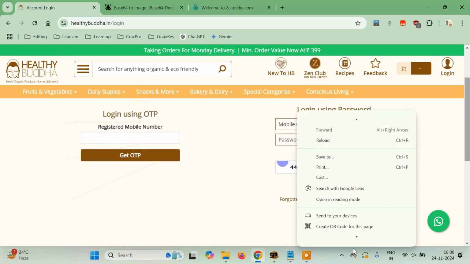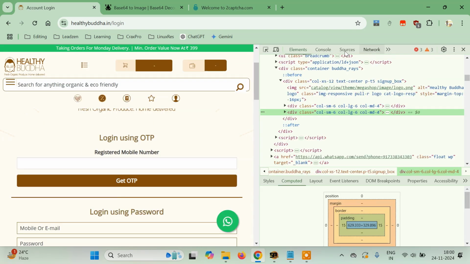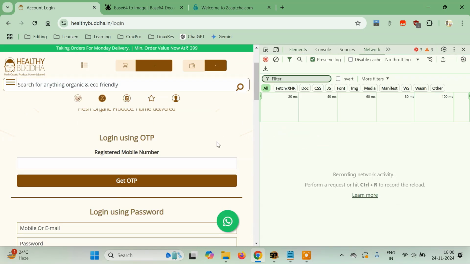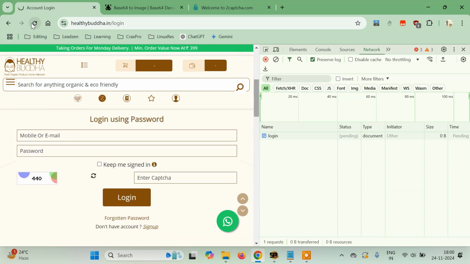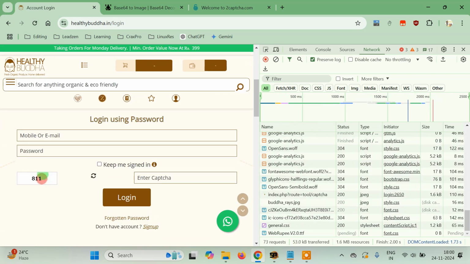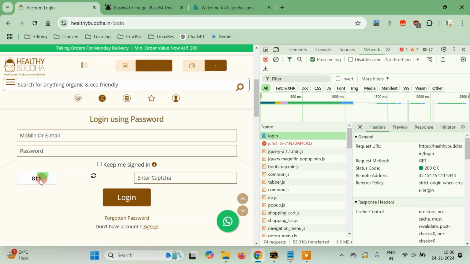So let me just right click on it and then click on inspect. Okay, if I go to network and do a quick refresh here, the first request being made is this login. In order to get this captcha, every time you refresh this page, this captcha will be different. So what we have to do is first imitate this URL or this request